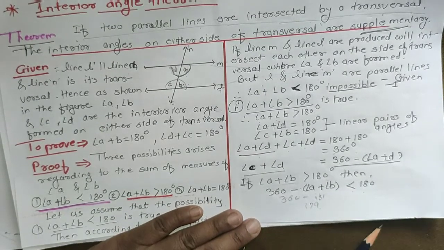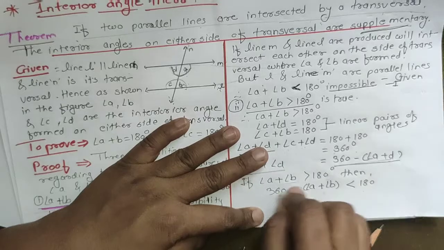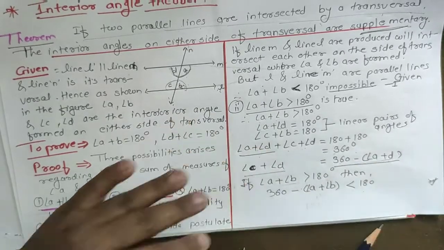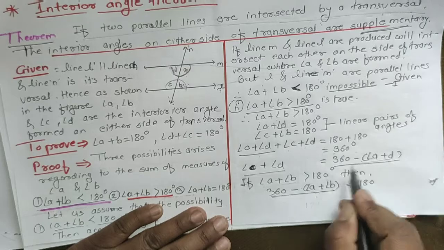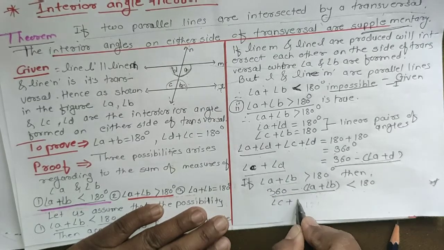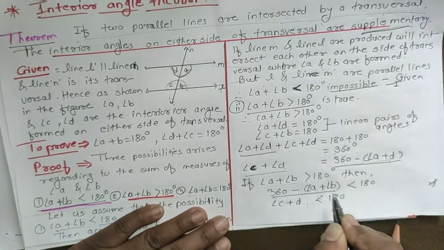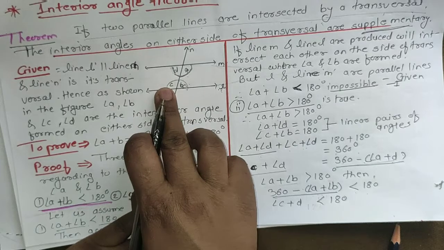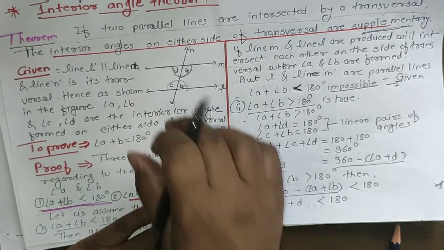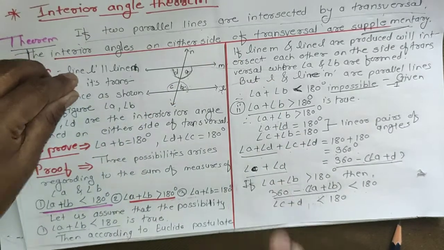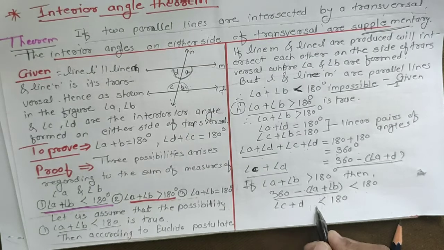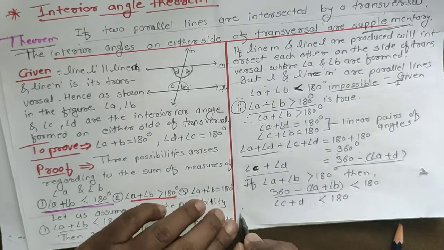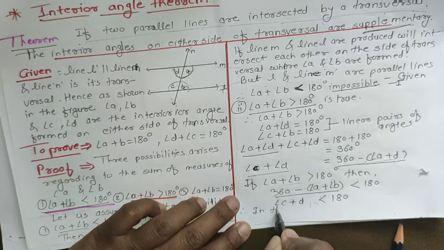And again, what happens if we take C plus D? This means angle C plus D is less than 180. Again, same follow. C and D, what happens? They are less than 180. They intersect each other on this side of a transversal. So if in this case inside, therefore in this case